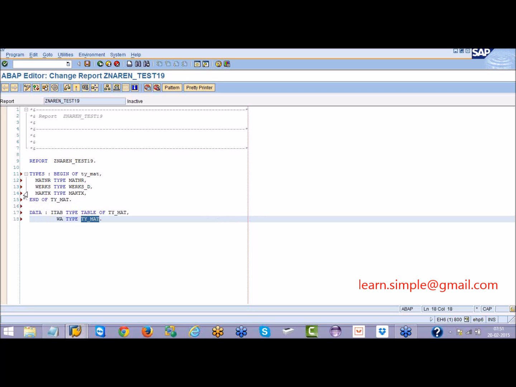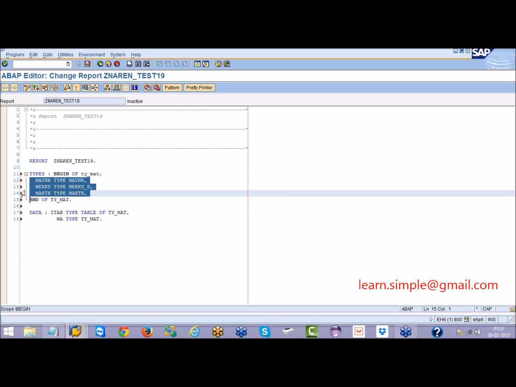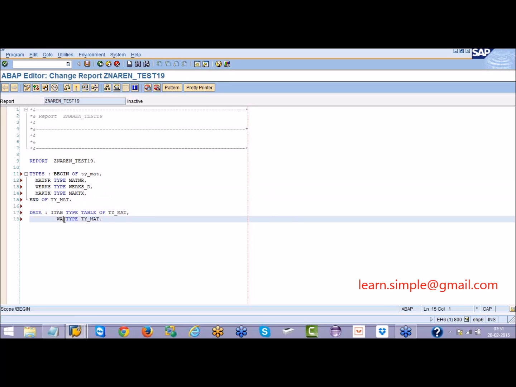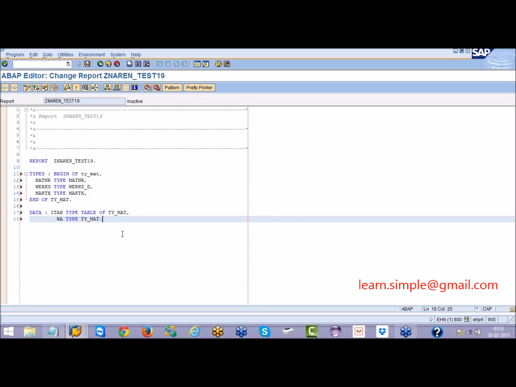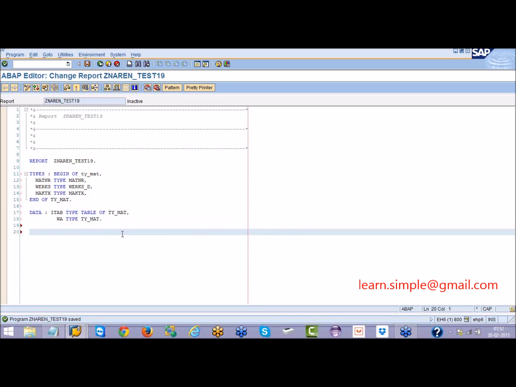TYMAT is my structure name. My structure has 3 fields. So with these 3 fields, I have declared an internal table and work area. Now the next thing is I should write a select statement to get the data into the internal table. So let us see how the select query will be. I'll say select matnr werks maktx,